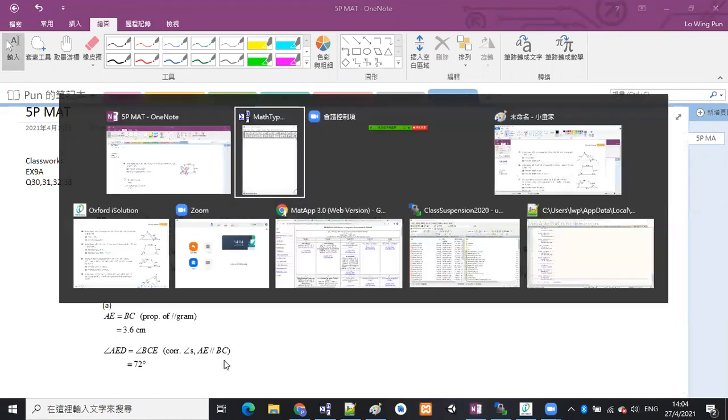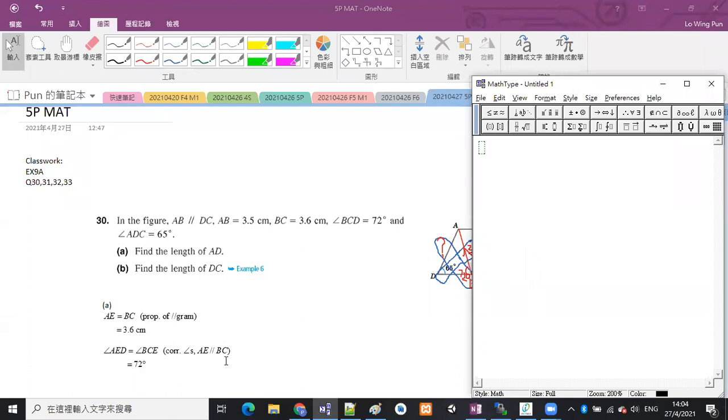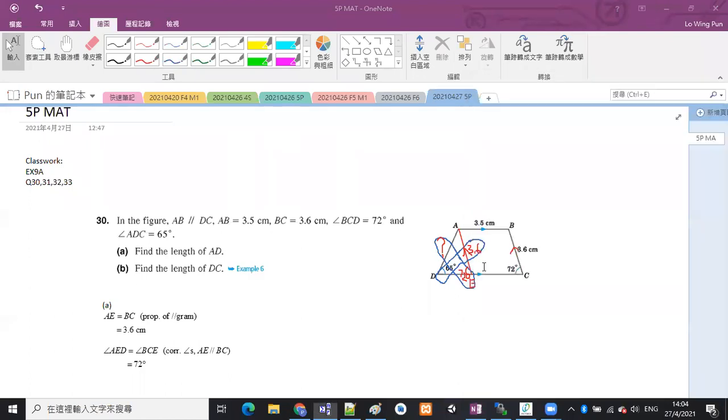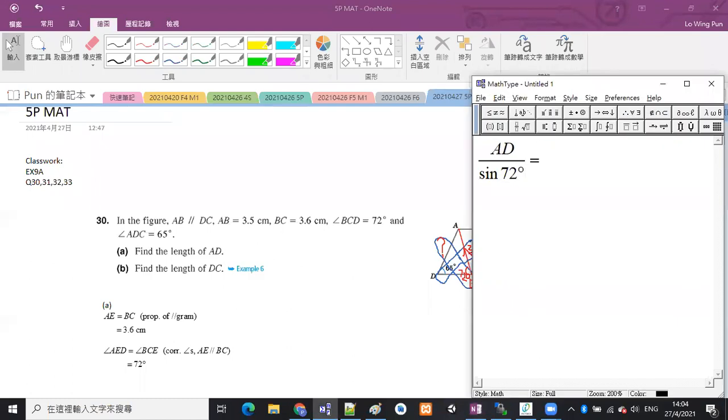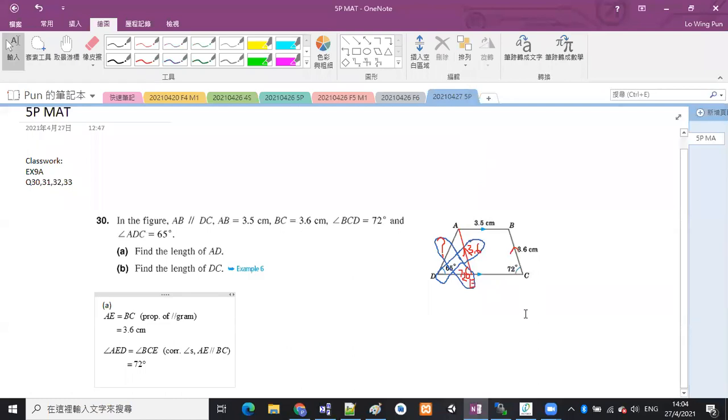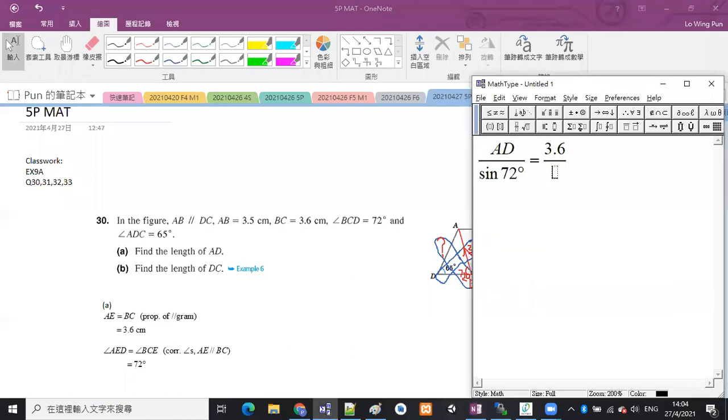Okay, so I want to find AD, so I need to put AD on the top left corner. So AD divided by sine, the corresponding angle is 72 degrees. Okay, and it's equal to the other pair, the length on the top, so that should be 3.6 divided by sine 65 degrees. Okay, and AD is just calculated by 3.6 over sine 65 degrees times sine 72 degrees, and then just use